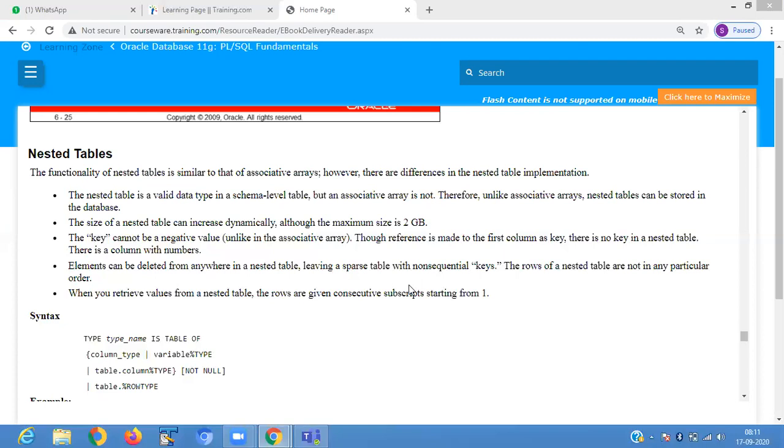If you want to delete, the element can be deleted anywhere. When you retrieve the values from the nested table, the rows are given consecutive subscripts starting from 1.